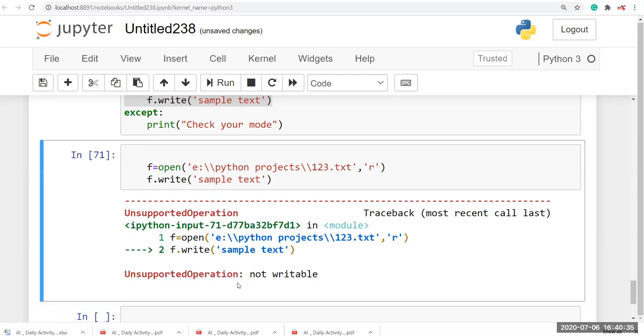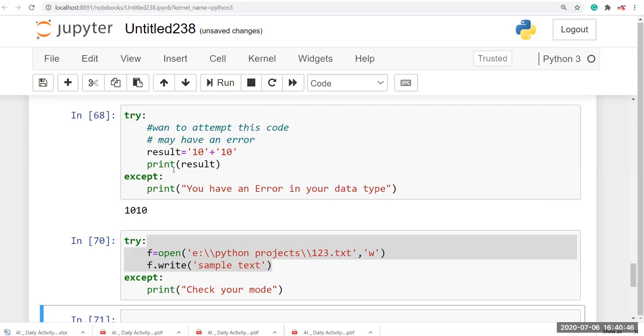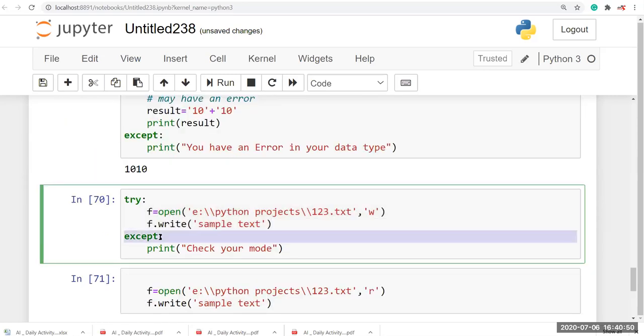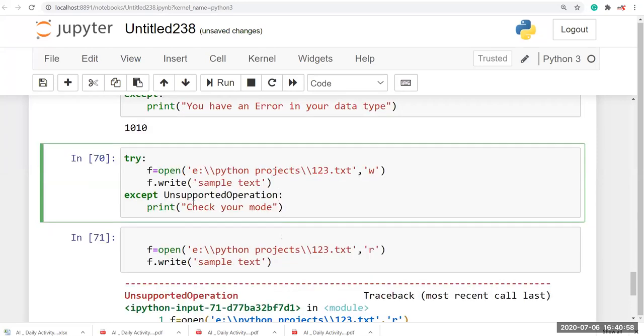So you can copy this and paste into here. Then this except will only work when the unsupported operation error has occurred.